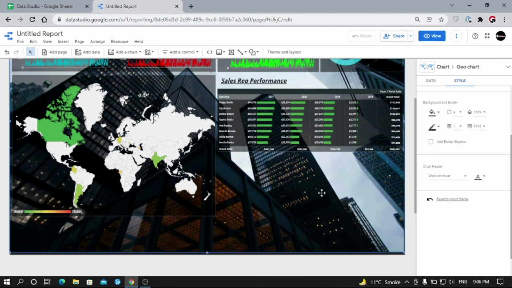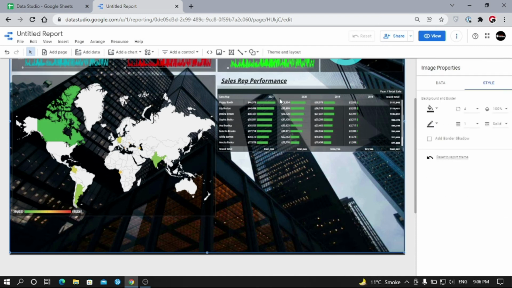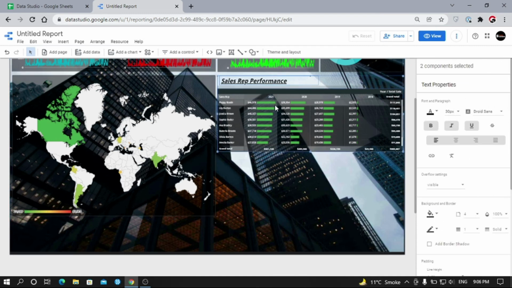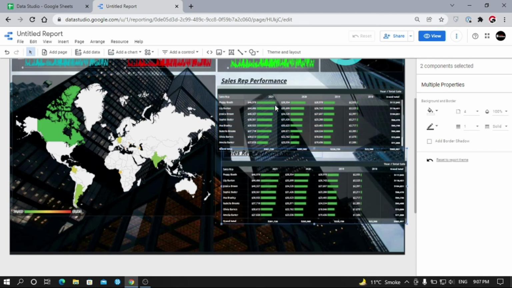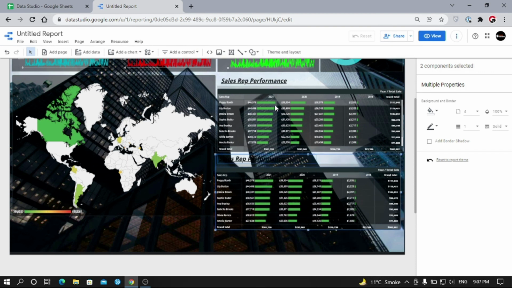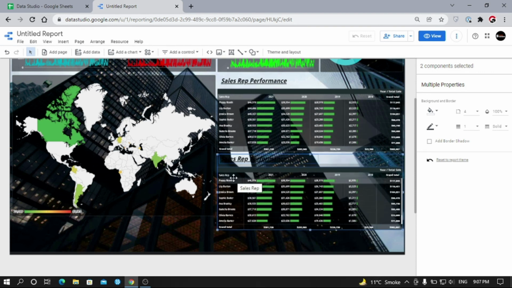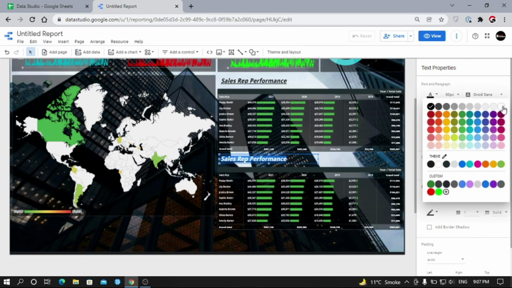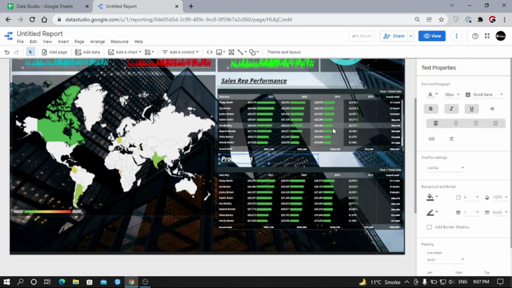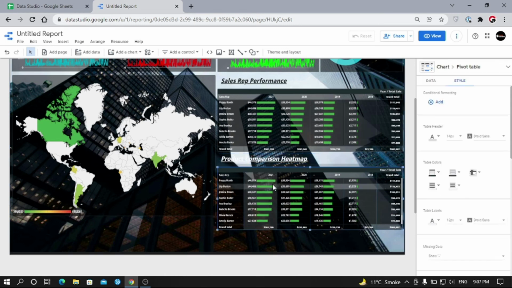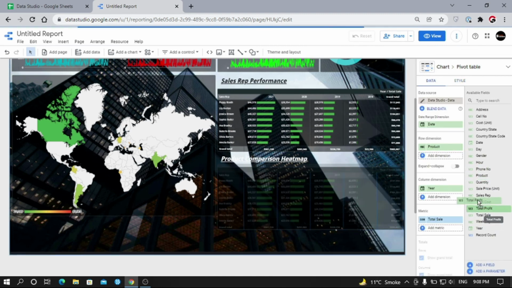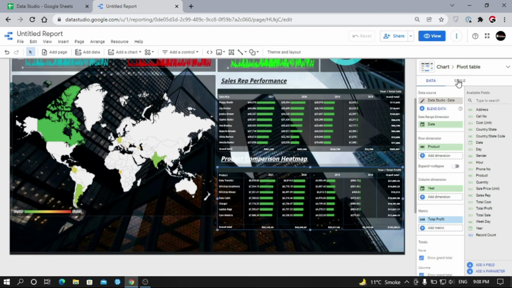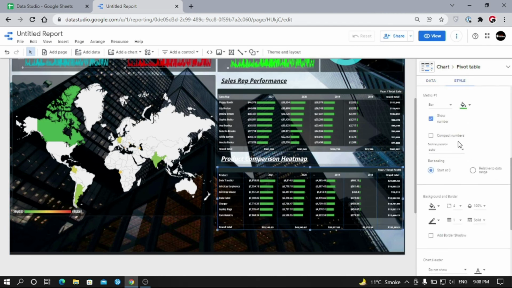Okay, now I want to build a product comparison heat map in this Data Studio dashboard. With this heat map, I can easily analyze which product is profitable and which product is not. So simply copy the title and pivot and paste again. Now change the title to product comparison heat map. Done. Now move to the Data Studio Pivot. Here in this pivot, change the row dimension to product and the metric will be total profit. Now come to the metric section of Style. Change from bars to number.